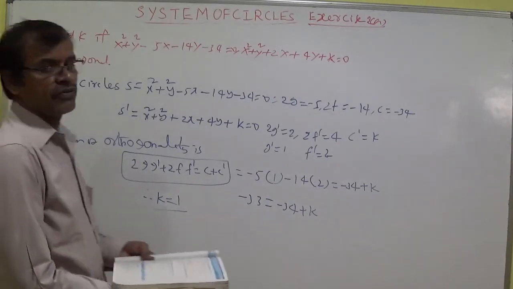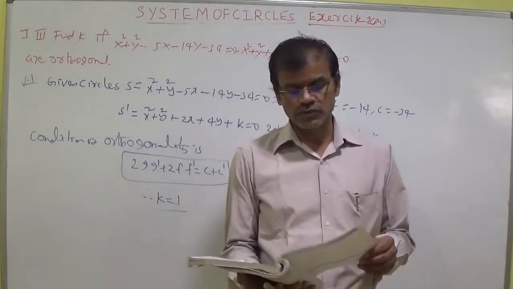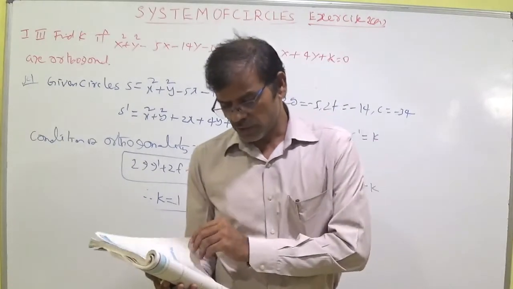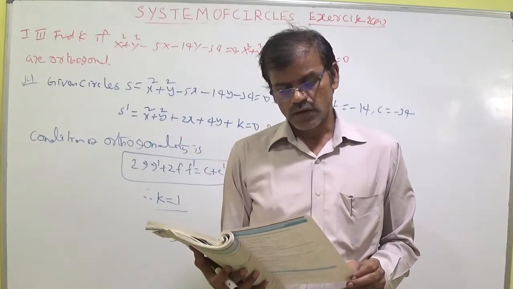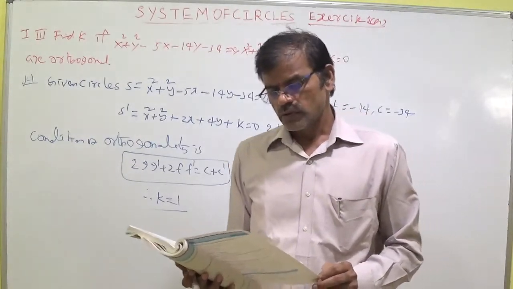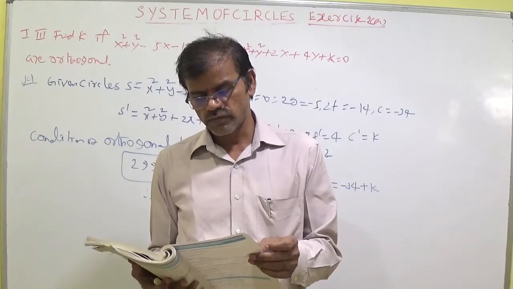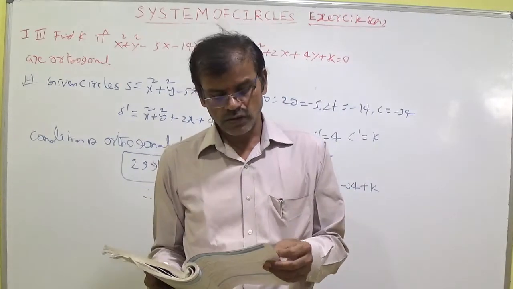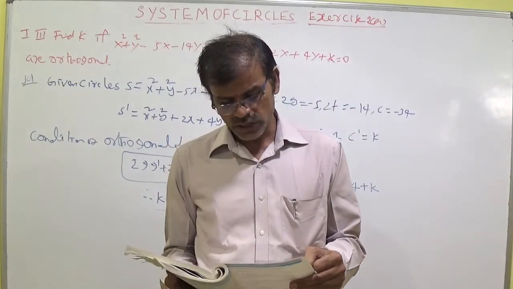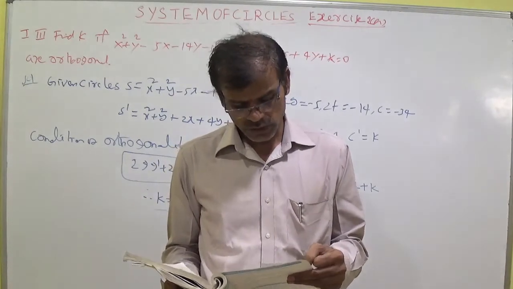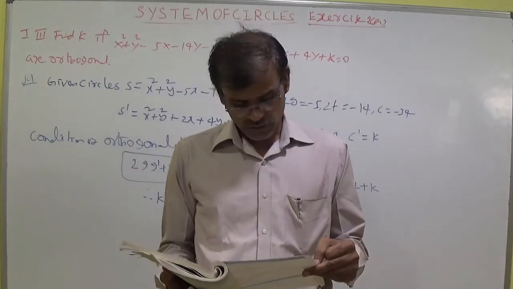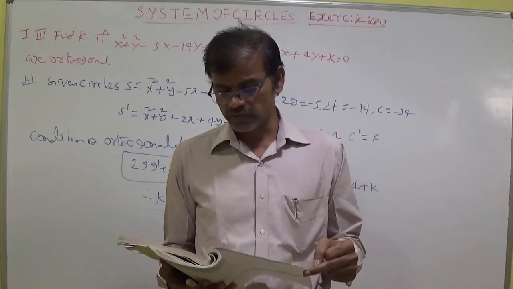So you should remember the formula. The condition of orthogonality of two circles is 2gg dash plus 2ff dash equal to c plus c dash. In the model, Roman number 1, you do all the sums, and Roman number 4 also you verify. Show that the circles given by the following equations intersect each other orthogonally. On page number 88, fourth Roman, 4 questions are there. Using the condition 2gg dash plus 2ff dash equal to c plus c dash, do the sums. Whatever sums I left, you do, students. Wherever you are unable to understand, give me a message, no problem.